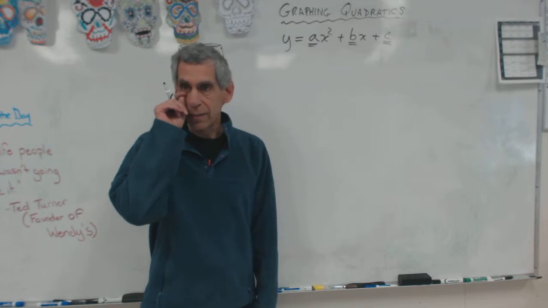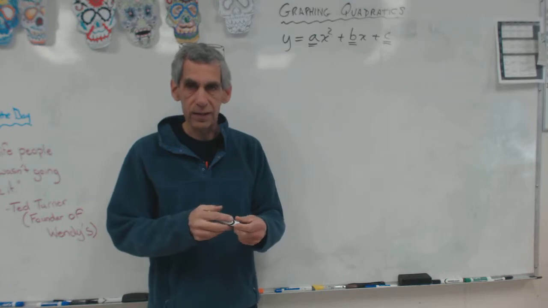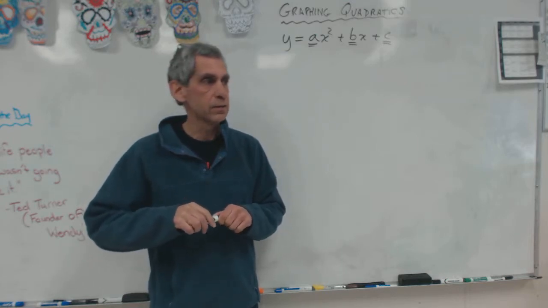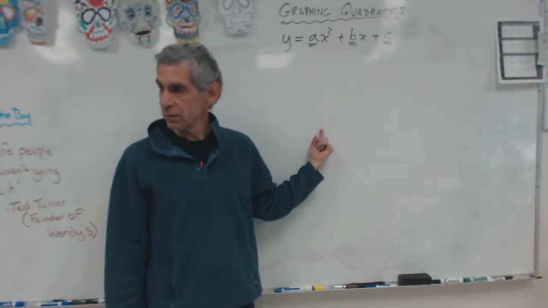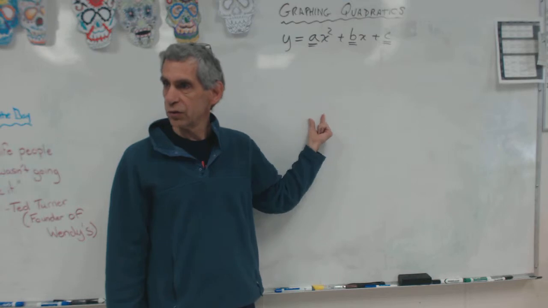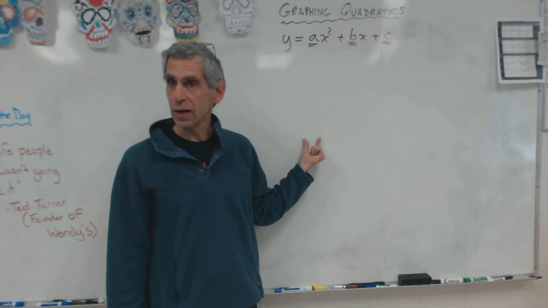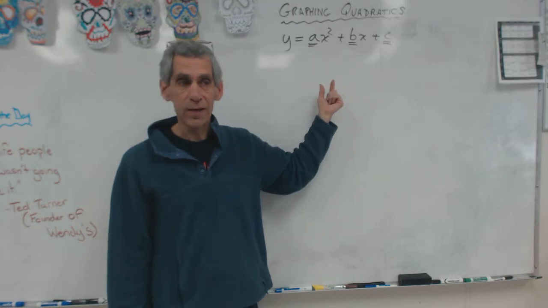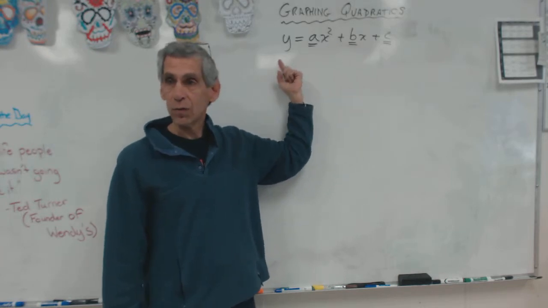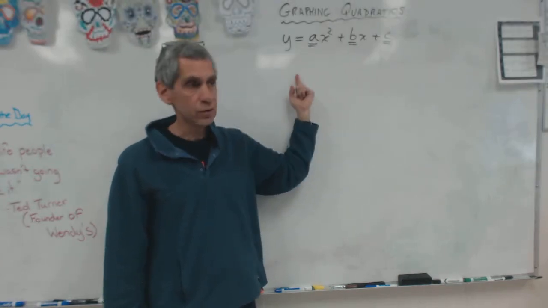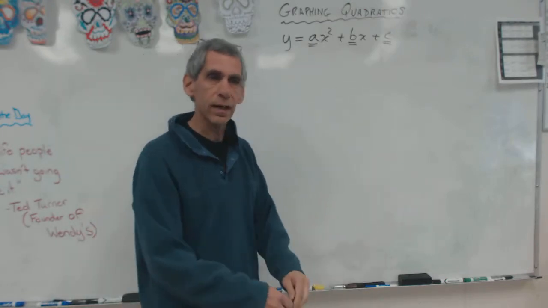Have you guys learned about independent and dependent variables? I think maybe we talked about that last year, or maybe Nate talked about it in science. But you know how when you do a t-chart, you always put your x first? Remember that? You always choose your x's. Y is dependent on what you choose for x. So y is your dependent variable. Y is dependent on what x is, right? X is not dependent on what y is. You never choose your y's first. You always choose your x's first. So I don't even know why I'm getting into this. But anyways,